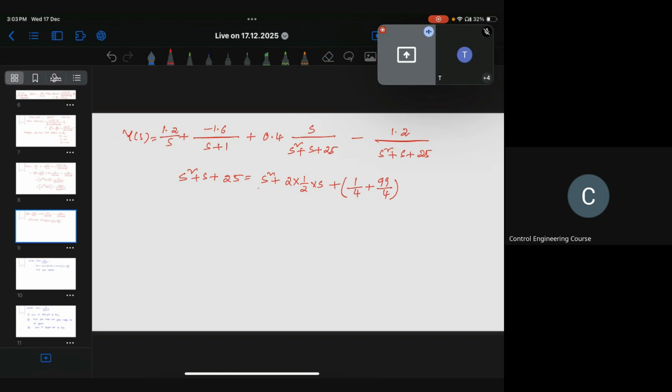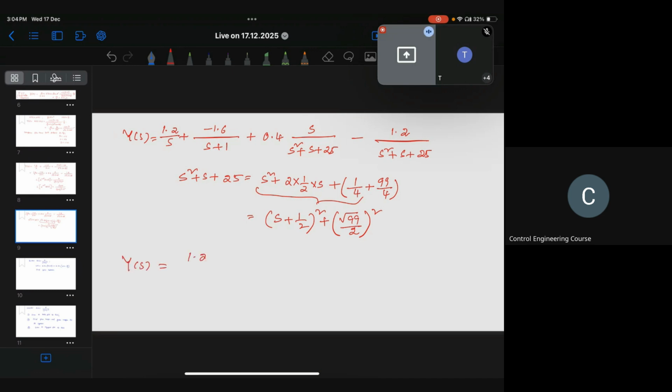First three terms, you can put it like s plus 1 by 2 whole square, plus the last one is root 99 by 2 whole square. So now you can see this one looks like s plus a whole square plus b square. So the y of s can be written as,